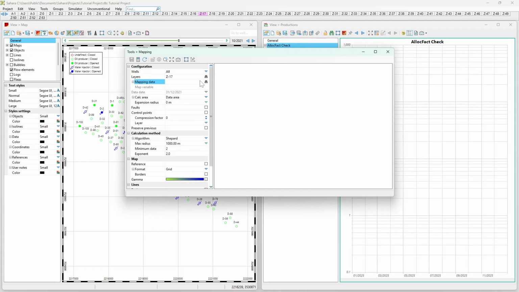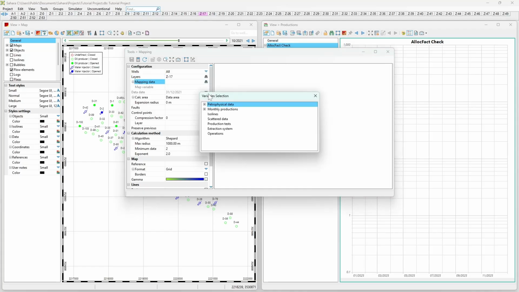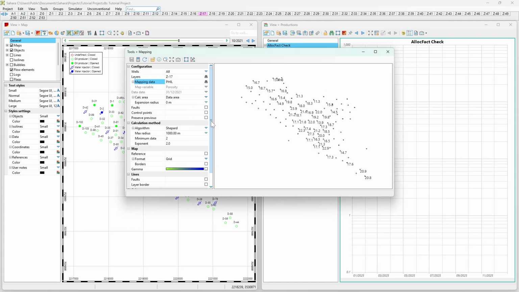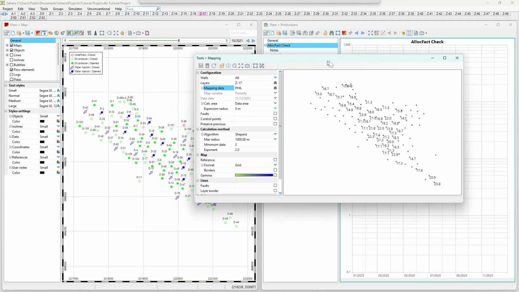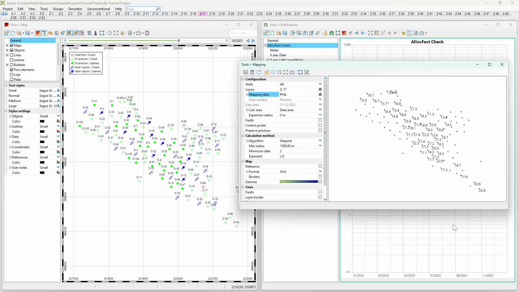Then we have to look for the mapping data. As we discussed, we will plot porosity that is coming from the petrophysical data. Here we have the different petrophysical data that has been imported or created, in this case, pore volume, that is a calculated value. So porosity at the layer level. And here we have a first way to check that everything is okay. We will see that we have the whole project plotted here, and we see